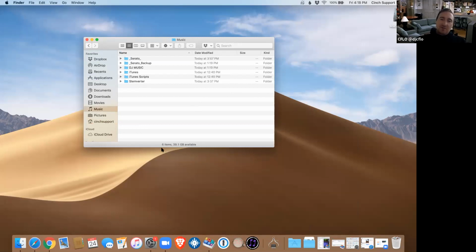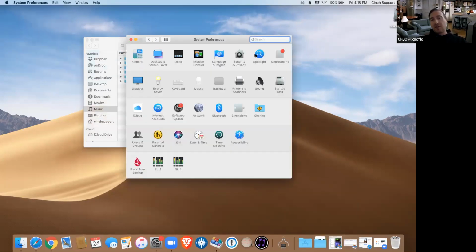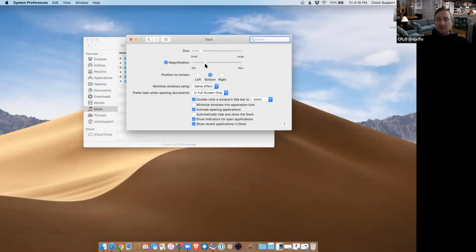So that's Finder preferences. The next thing I do is I move on to the system preferences. In system preferences, basically you can just go through these and get familiar with all the different things, but there's a bunch of them that I would absolutely do off the bat. The first is, in the dock, I'm going to turn magnification on and make it smaller so I can get to what I need to, but it's not in my way. This is new, I think, in Mojave, they show you the recently opened stuff. I didn't put that in my dock, Apple put that in my dock. And again, you're in charge.